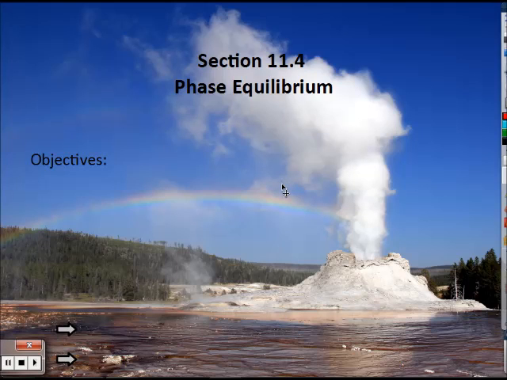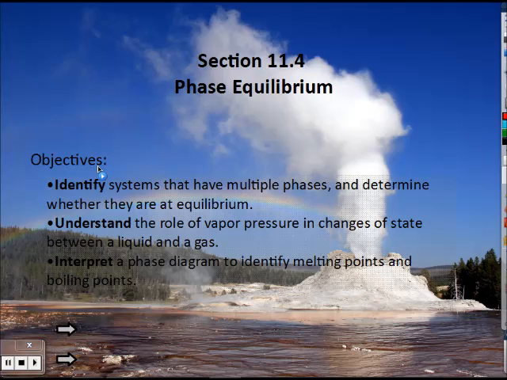This is Mrs. Schroeder's chemistry class, and we're going to talk about phase equilibrium from section 11.4 today. We're going to talk about systems that have multiple phases and figure out what equilibrium is. We're going to talk about vapor pressure between liquids and gases and what that means. We're going to use something called phase diagrams and try to understand what a phase diagram is and learn how